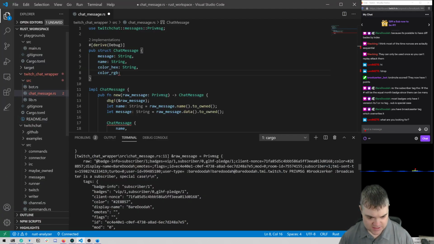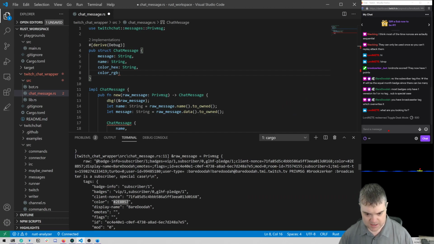So I have this color here, which is like the CSS hex, and I want to turn this into RGB. I think 2E is the red, 8F is the green, and 57 is the blue. Yeah, I think that's what it is, but I need to convert it.